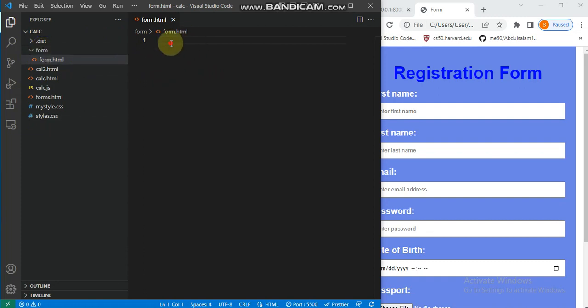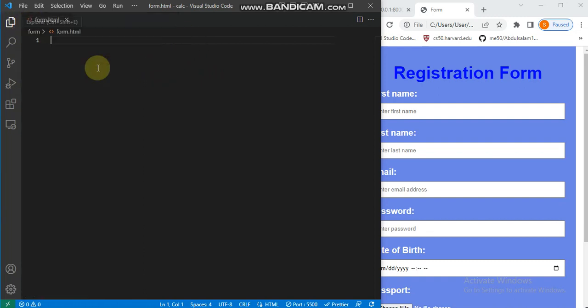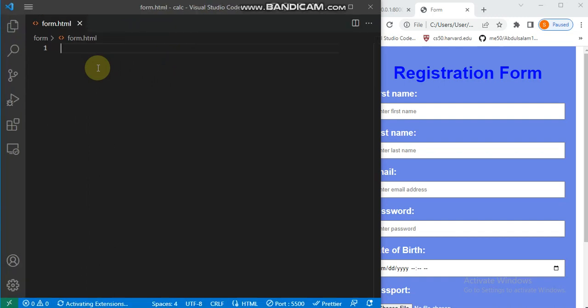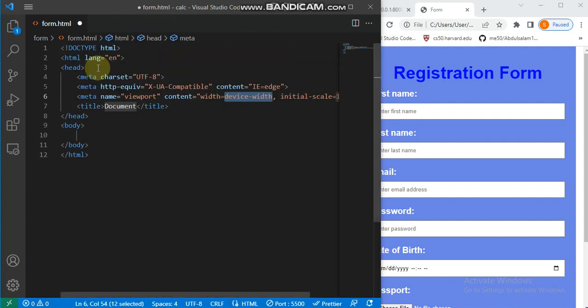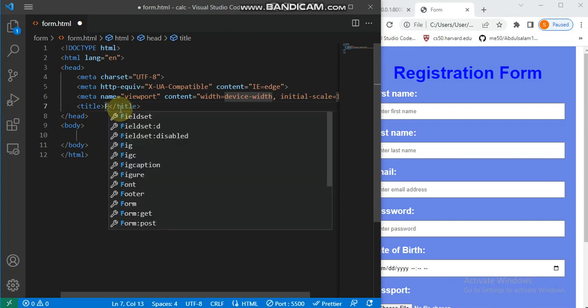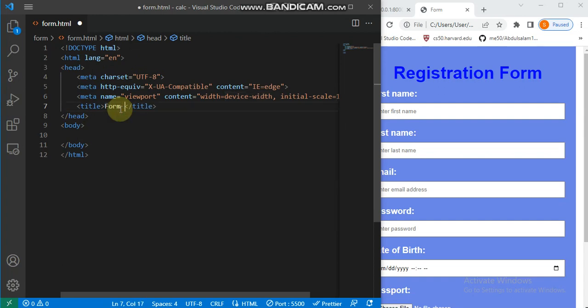So in my HTML, I would like to increase the view so that you can see what I'm doing properly. Here I have my template, which is the doctype HTML, then the HTML elements, the head and the body. In my head here, I would like to change this. I will call it form. Let's say for instance form 2, because I already have one here, form, which is the sample we'll be using